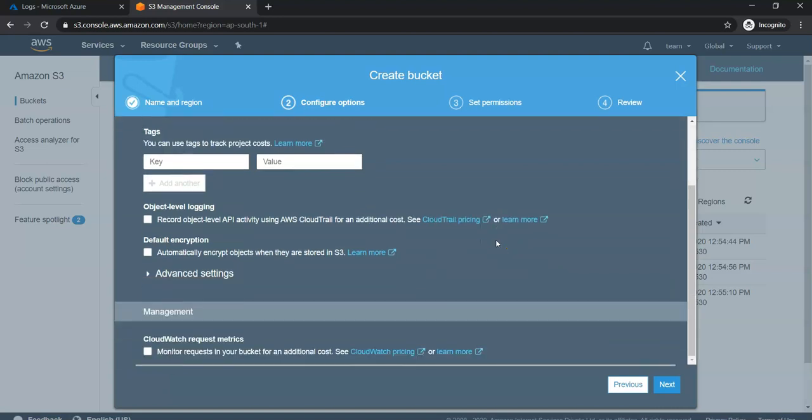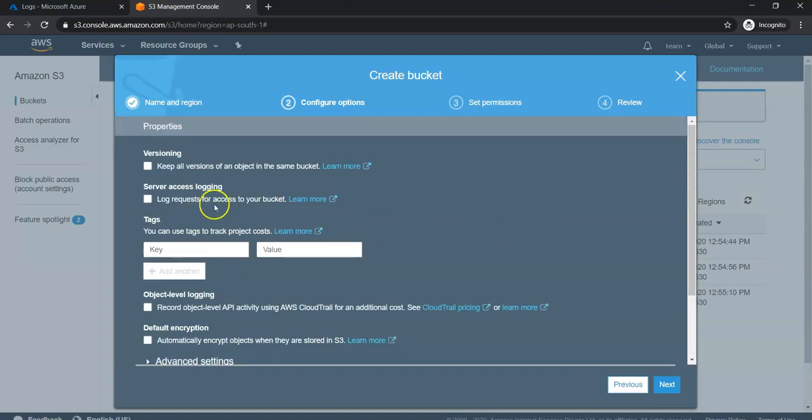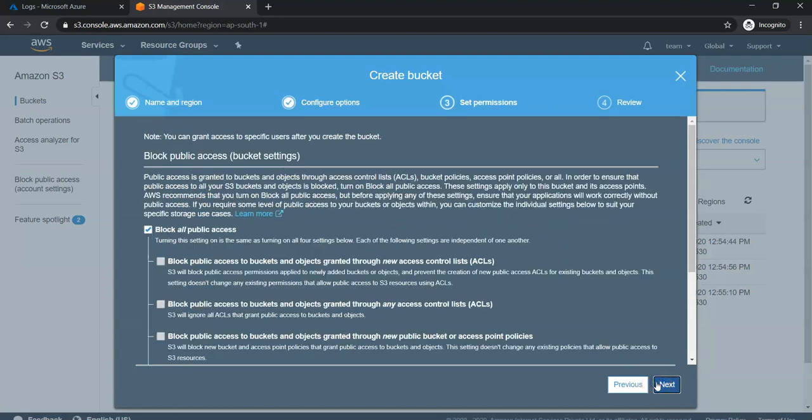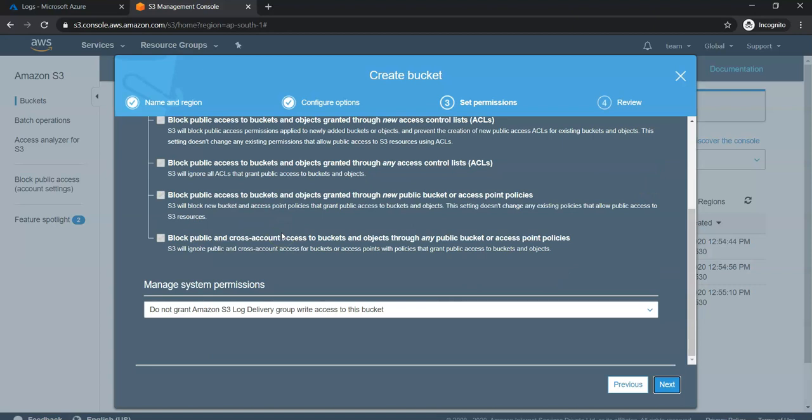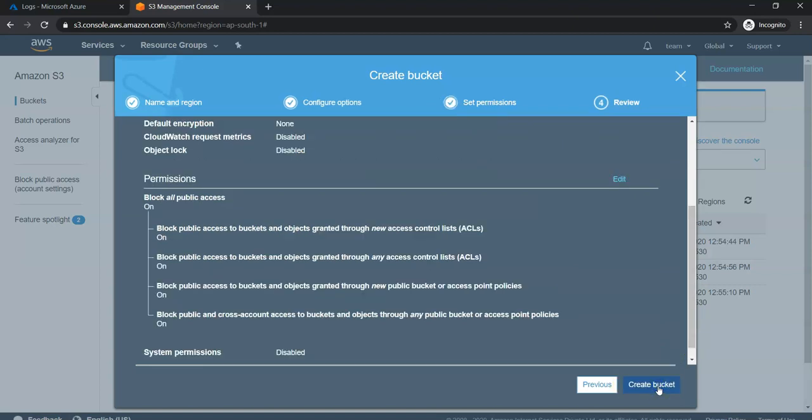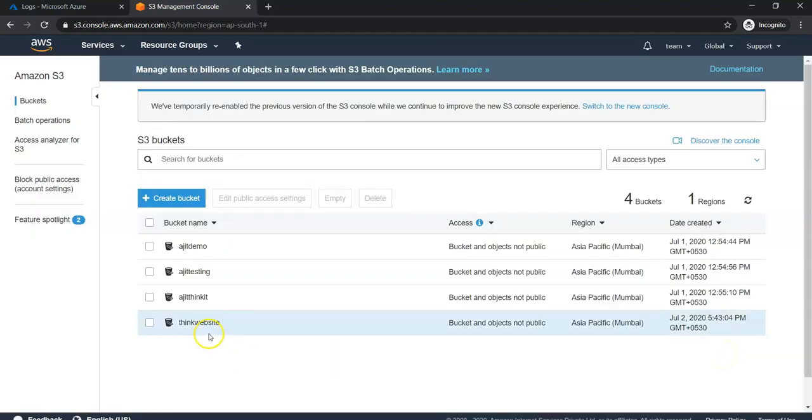I'm not changing any options here, especially versioning and the server access log. I'll keep them as default. Click next. Right now I have enabled block all public access, so my bucket will not be accessible from the public network. Click next. It will create the bucket. You can see the think website bucket is already created. Now we open the